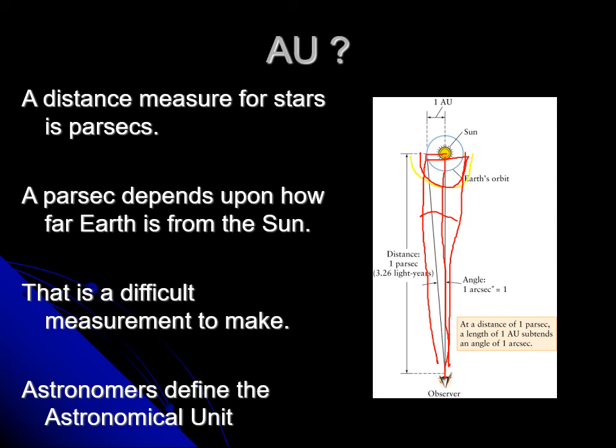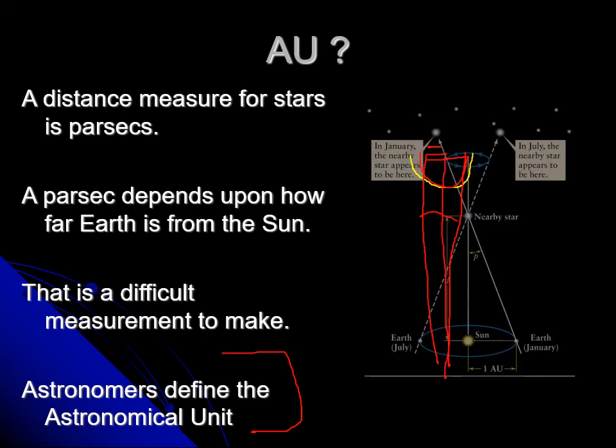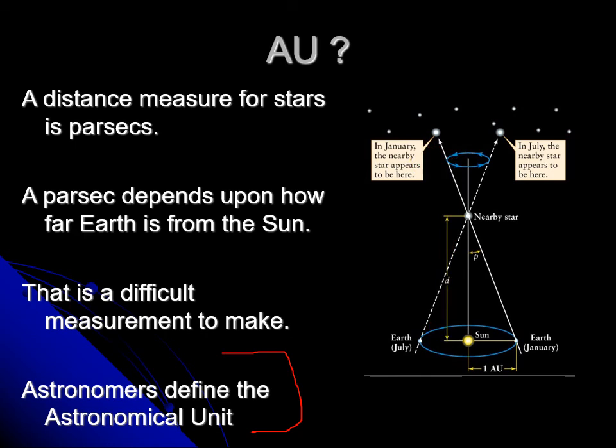Venus is about 0.7. Mercury about 0.4. Saturn is about 9.5 times farther from the sun than the Earth, except they didn't know how far Earth was from the sun. So they said, well, we know the relative spacing of all these things, so they just came up with a new unit that they call the astronomical unit. That's the distance Earth is from the sun, because that's what they knew everything relative to. And so we talk about Jupiter orbiting the sun at 5.2 AU. Saturn orbits the sun at about 9.5 AU. Pluto's about 39 AU from the sun on average. And so this gives us the way that we make these measurements. Okay, and all these measurements are based on a concept that we call parallax, and these parallax measurements involve this apparent angle difference that you see if Earth is in one